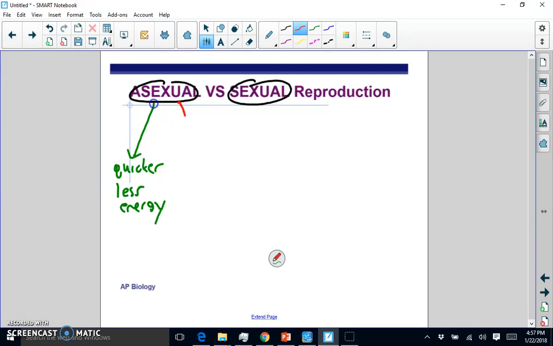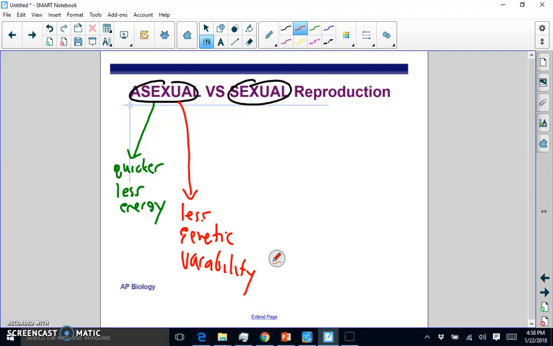Okay? The disadvantage of asexual reproduction is that since it uses mitosis, or binary fission if you're a bacteria, the organisms produced have less genetic variability. Okay, we're going to see when we get to the evolution unit that genetic variability is essential for species to survive. The more genetic variability, the better apt the species is to be able to survive changes. Okay, we'll get to that when we talk about